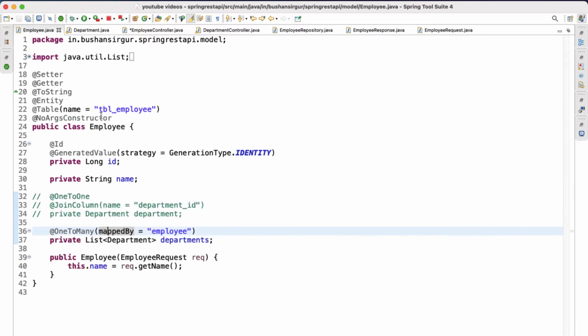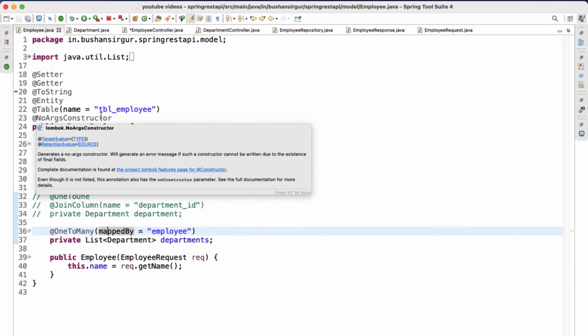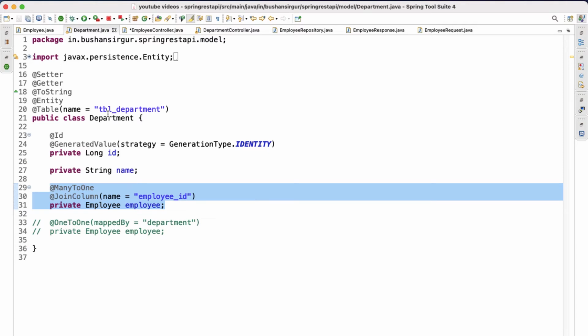But inside this employee, one employee is associated with multiple departments. So in this case, it will be reverse, one-to-many. But from the department side of view, that will be many-to-one.